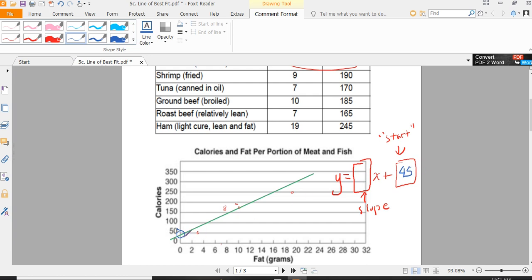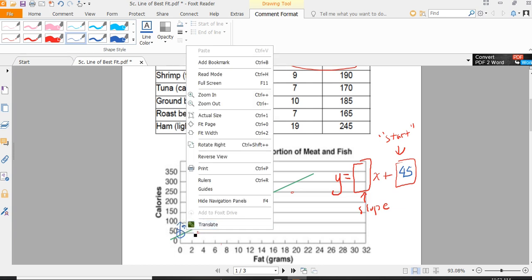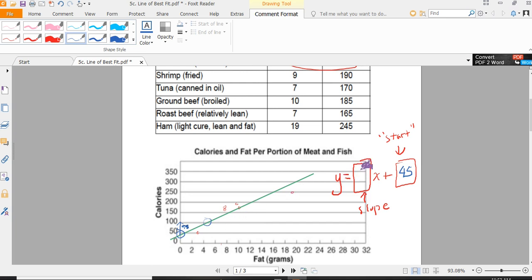Now I want to find the slope. What's my slope in terms of rise over run to get to the green line? It doesn't matter which point I pick, but let's pick something that might be easy. This looks like a good point to use right there. From this point, how far up would I go? From 45 to 100. What's 100 minus 45? Roughly 55. Which means my slope is 55